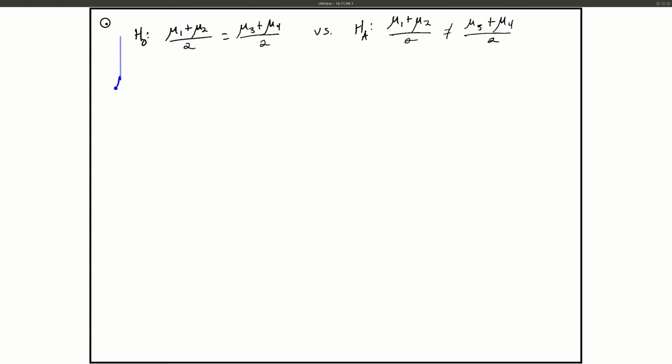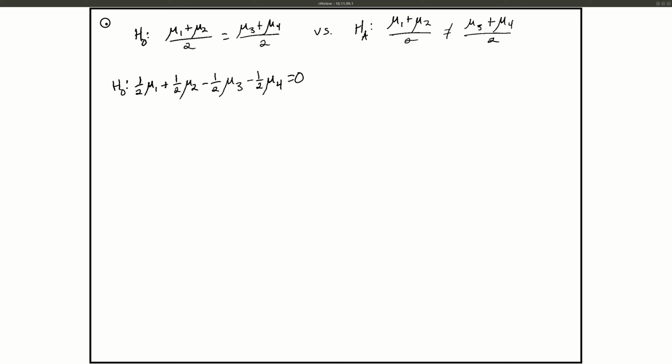So we can rewrite this as 1/2 times mu1 plus 1/2 times mu2 minus 1/2 times mu3 minus 1/2 times mu4